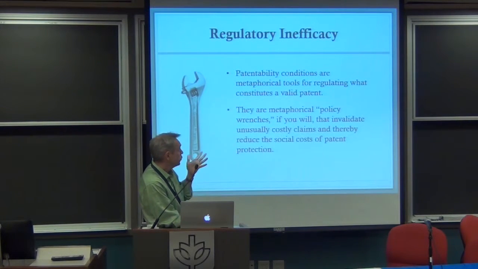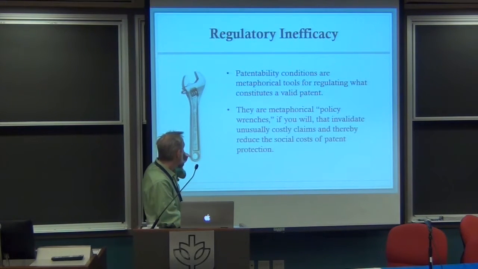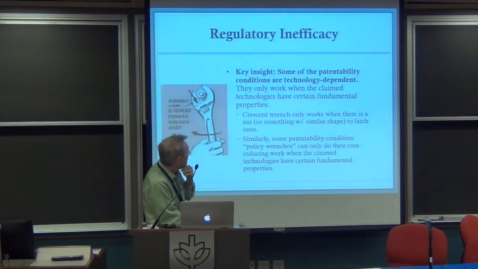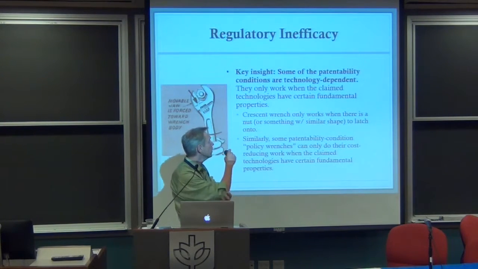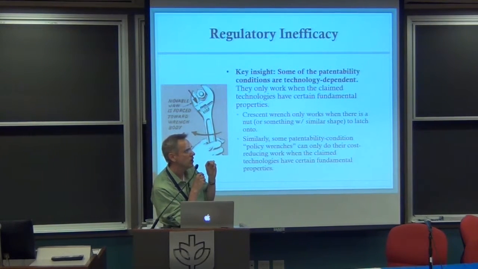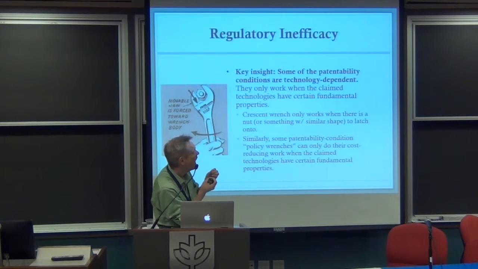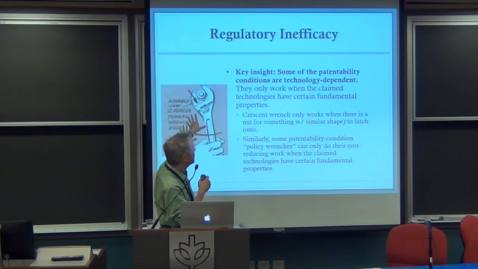Patentability conditions are tools. We're accustomed to this in the policy lever metaphor. I'm actually going to think about them as policy wrenches, kind of lever for metaphorical convenience. The key insight here is that wrenches and most tools only work when the claimed technologies have certain kinds of properties, right? When we bring a crescent wrench to bear on something, we want it to have the shape of a nut